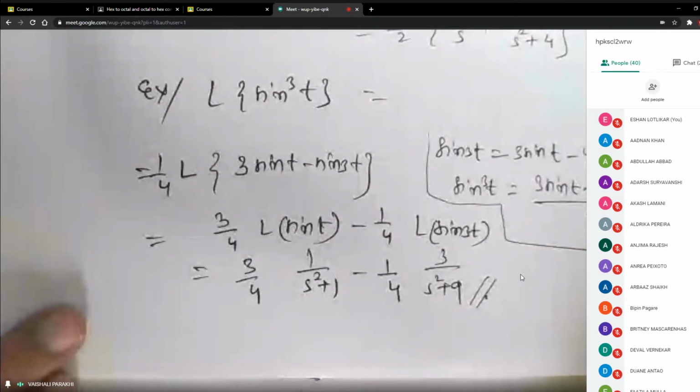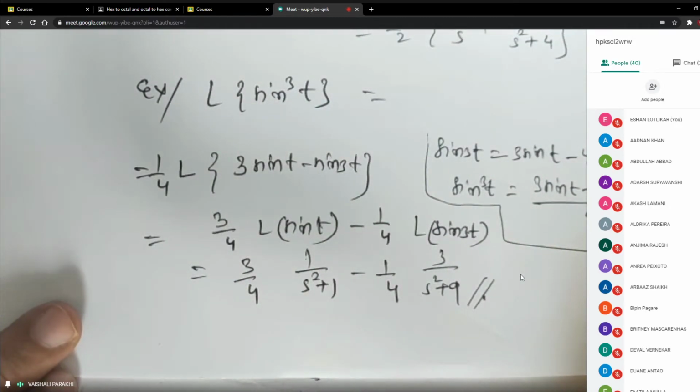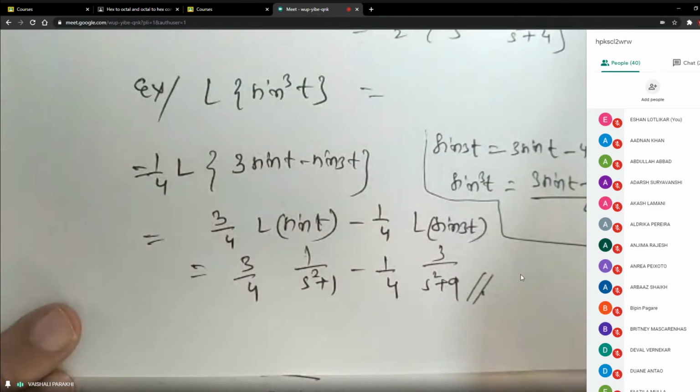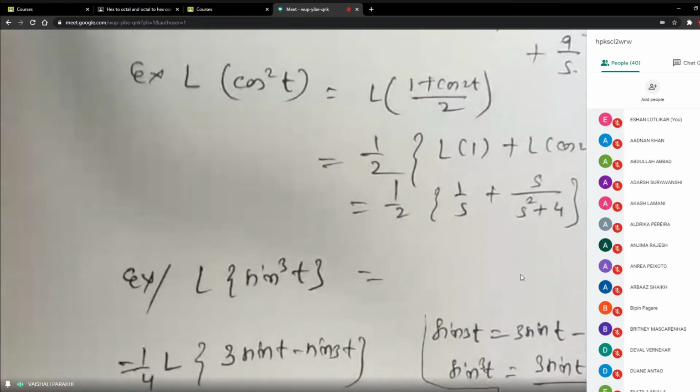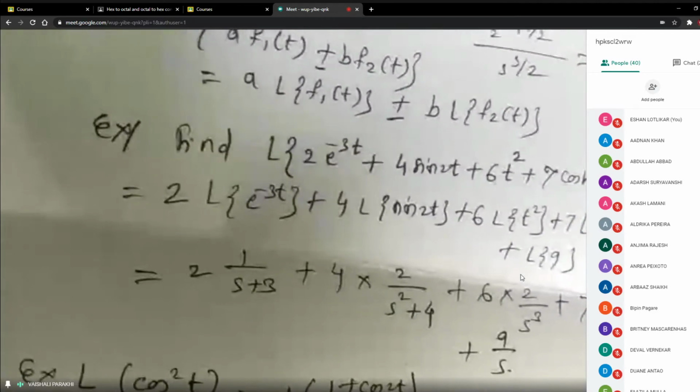Otherwise, you can keep this answer as it is, but this answer separately will not come definitely, because these are all the basic functions I am giving you to tell you how to make use of the formulas. There will be many more properties, but unless this base is perfect, you will not be able to understand the further properties, because while solving a single problem you may have to use more than 2 properties. So see that your base of this topic becomes perfect. Now one more problem I want to do.